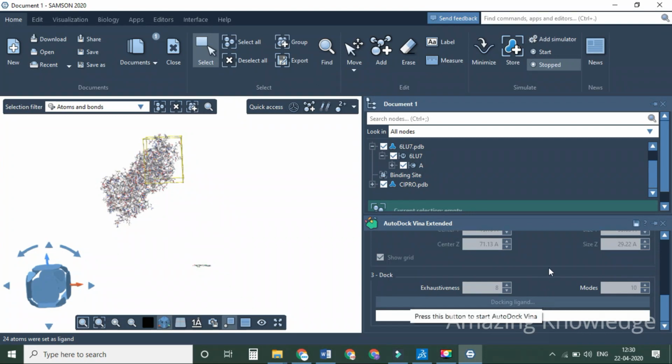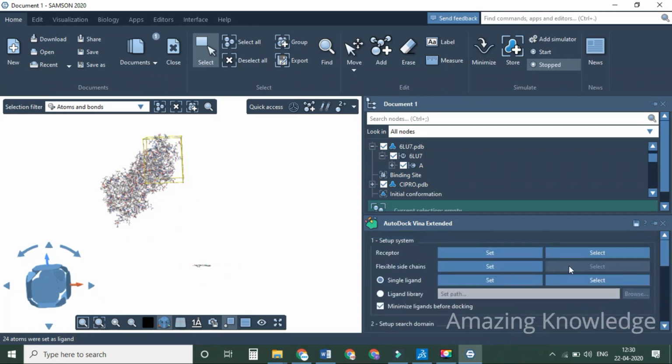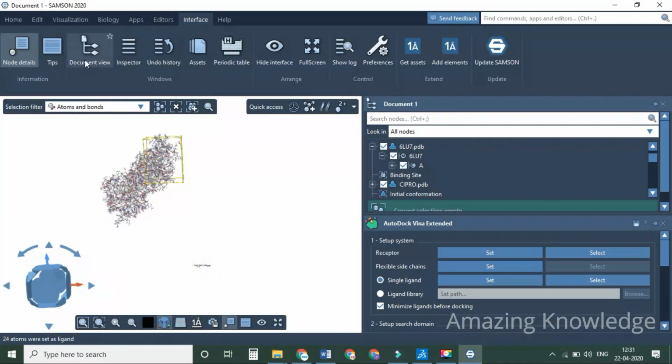Once you press this, the step is started automatically. It will appear here, so you have to wait till 100% is completed. Okay, it is done. Now when you check it in the document tree tab in that interface,